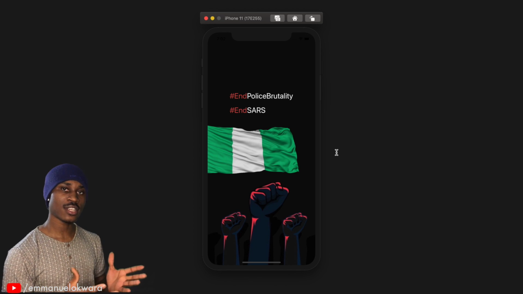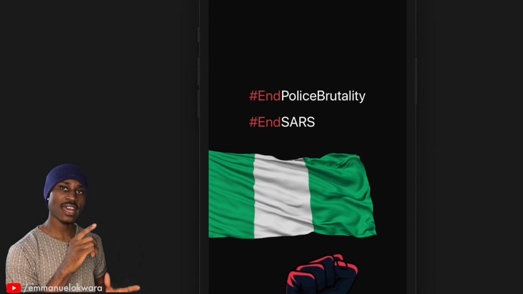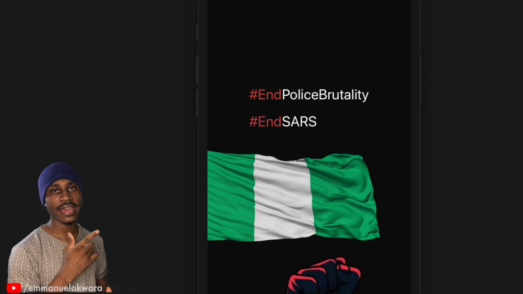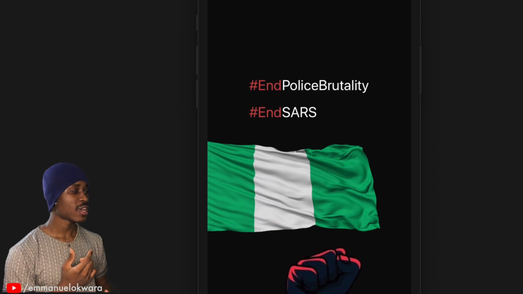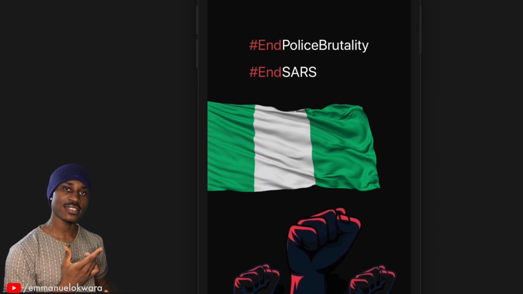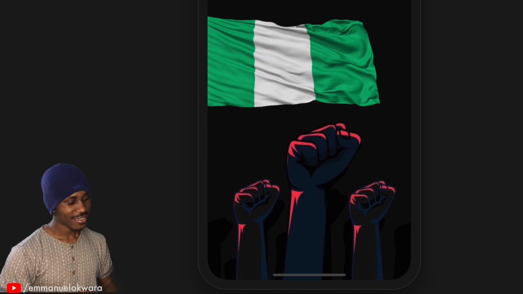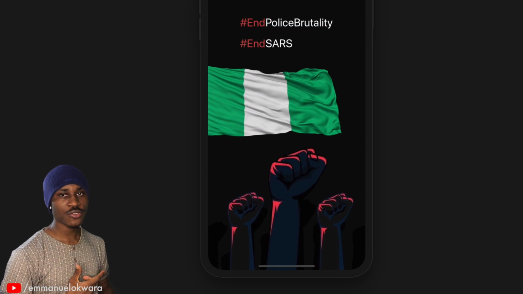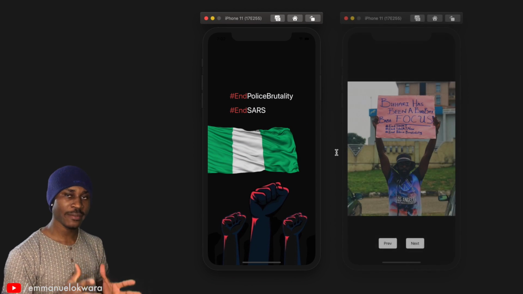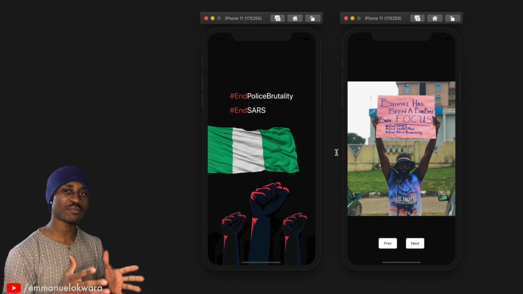Now, this is what we're going to be building. As I mentioned earlier, this is to create awareness about the protest that's going on. So we're going to build this application. You can see the launch screen has hashtag end SARS and police brutality. And you can also see the Nigerian flag, right? And then respect. So we're going to be building this as our launch screen, and after this we're going to have a main page that simply has different pictures of